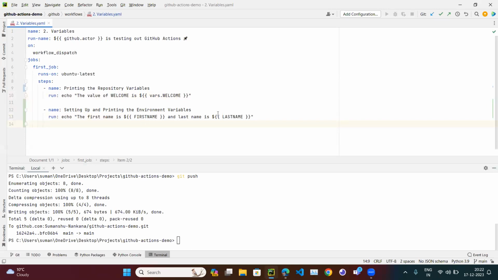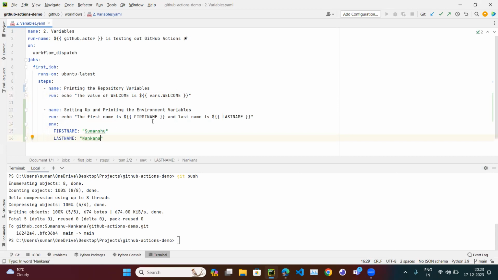But where is this first name and last name defined? Because this should be the environment variable of this particular step. So I have to write env here, hit enter and write first name. Let me give the first name Sanshu and the last name